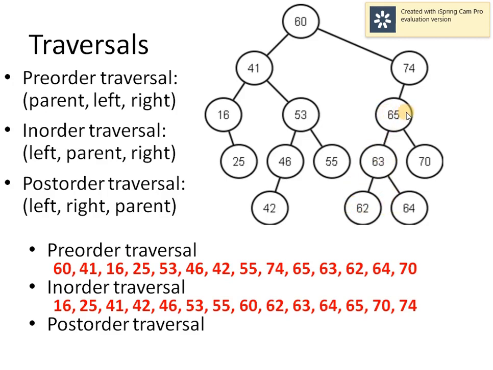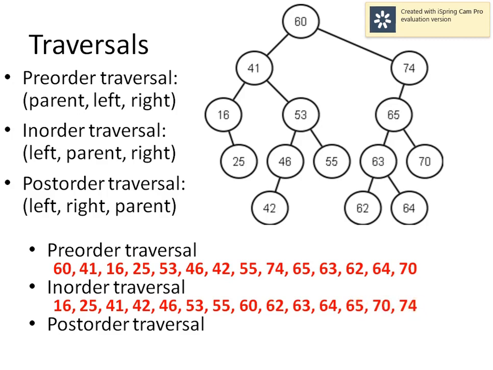Now we can visit 65 followed by 70. So accordingly we have 65 and then 70, and lastly 74 will be there because we have visited the left subtree of 74. So we have to visit the parent, that is 74, and its right is null. So in this way we have followed the in-order traversal for the given tree, and this is the required sequence.